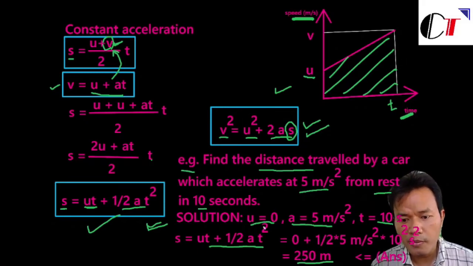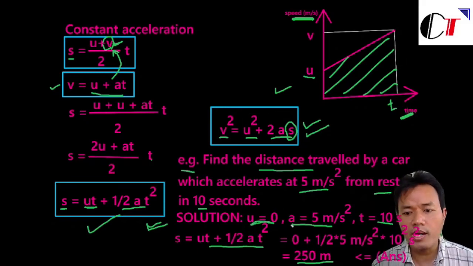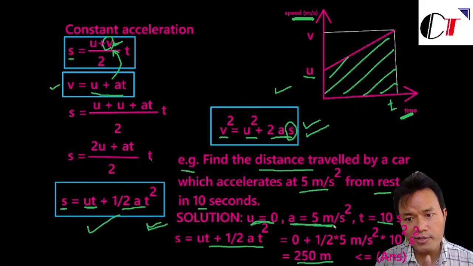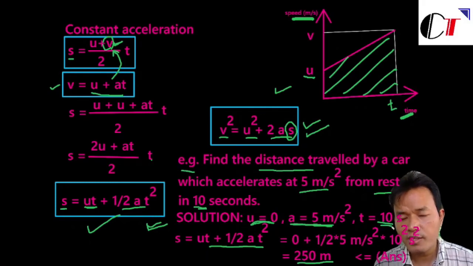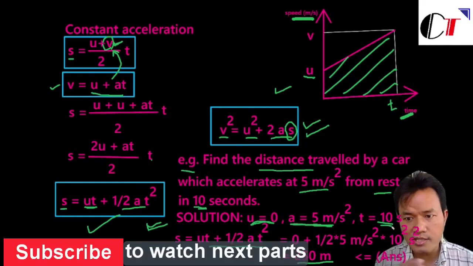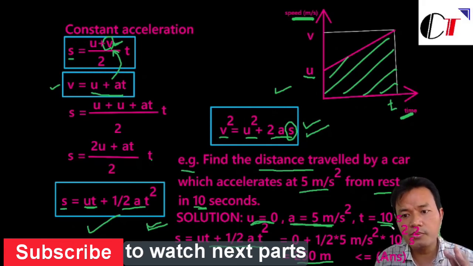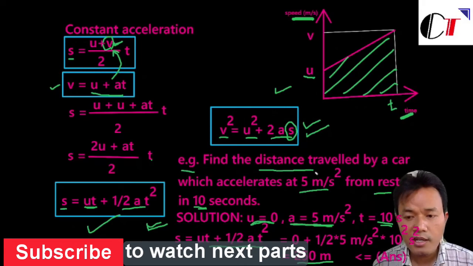So you know the initial velocity u is 0, and the acceleration is constant, and the value is 5 meters per second square. And you also know the time, t is just 10 seconds. So if you analyze the given data, there is no information about the final velocity. All you know is just the initial velocity, 0, the constant acceleration, and the time. And you are asked to find the total distance, and of course this exactly matches the equation that we have just derived. So we will just use the total distance equation, s is equal to ut plus half at squared